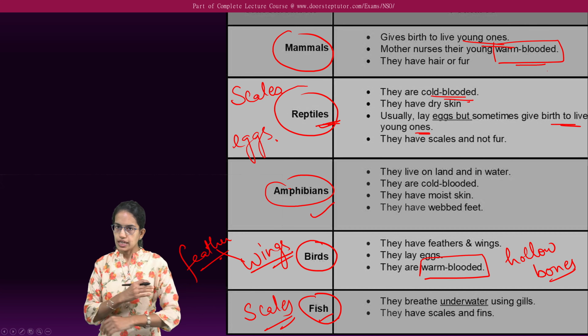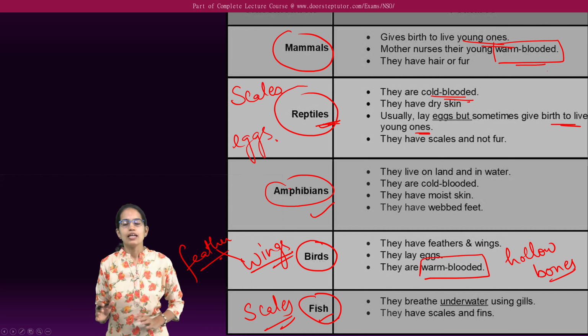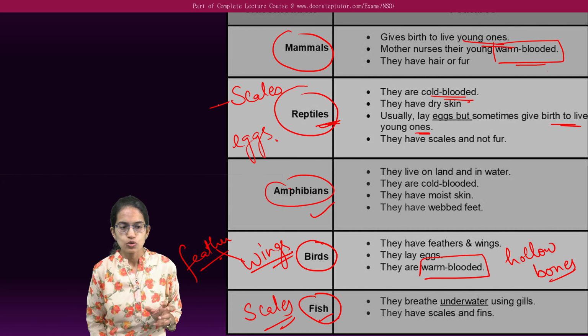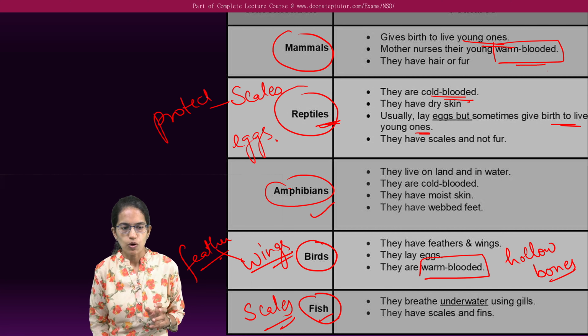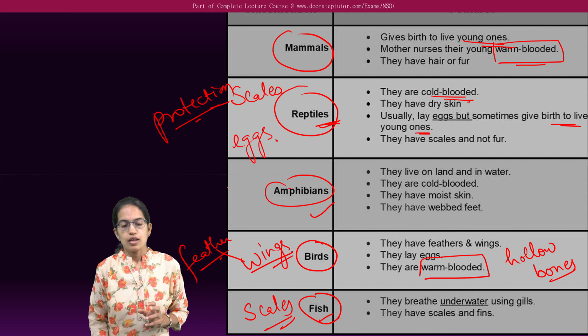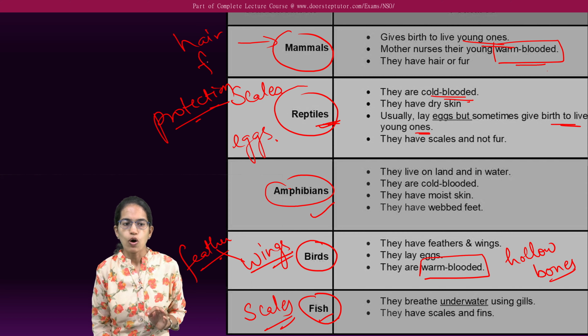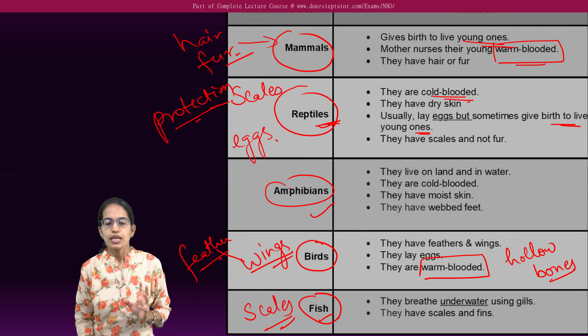Reptiles have scales on their body, they have dry skin, and the idea of scales is to protect themselves from external threat. They don't have any fur. Mammals would either have hair or fur. Again important. Amphibians are